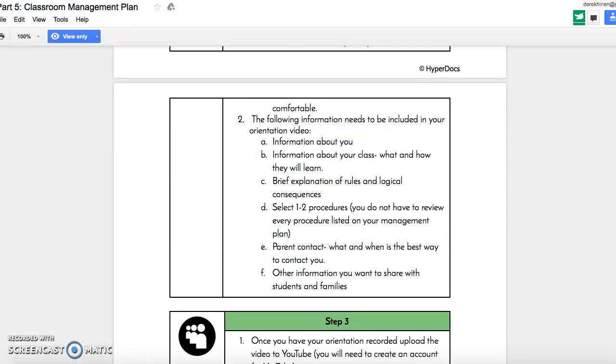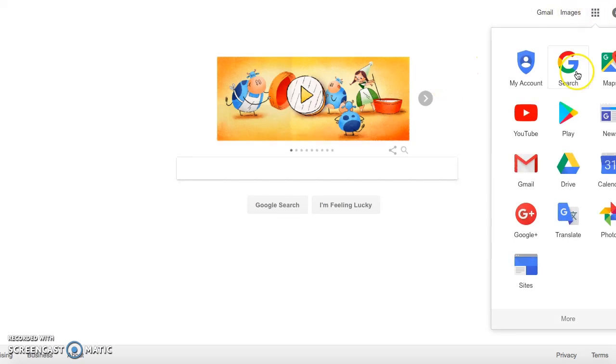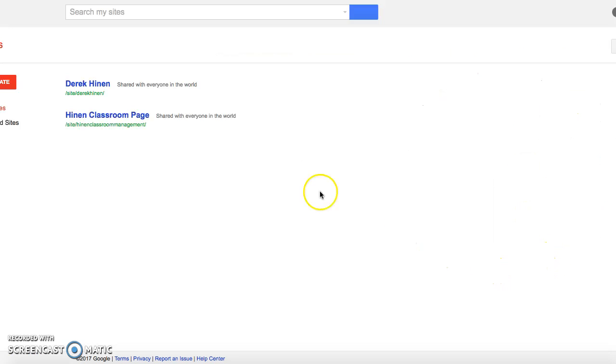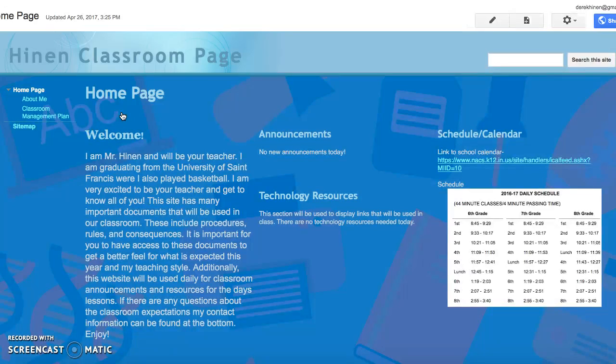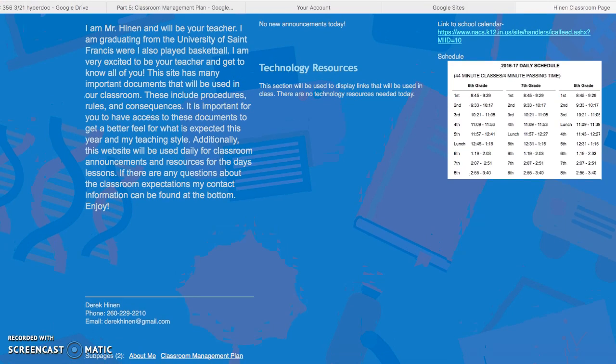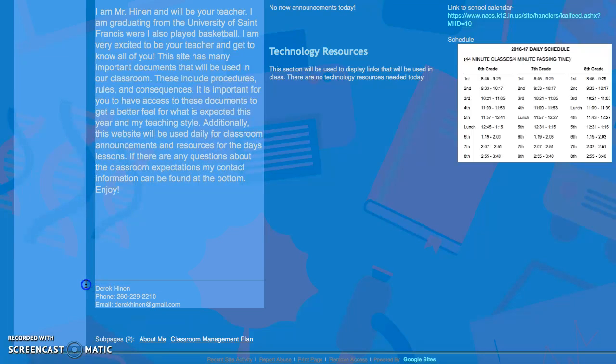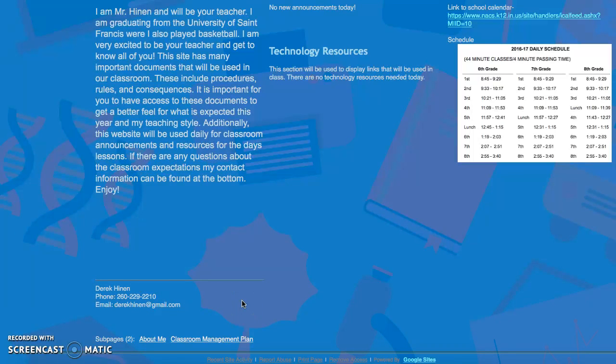And then the final step, or what else you need to know, is my contact information for parents and such, which will be found at the bottom of this screen here on the home page. So there's my phone and my email.